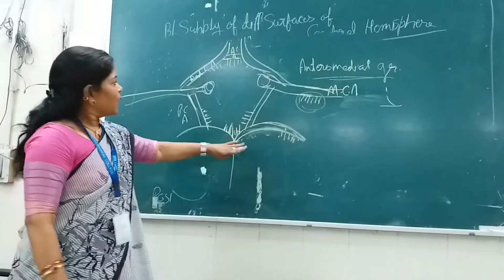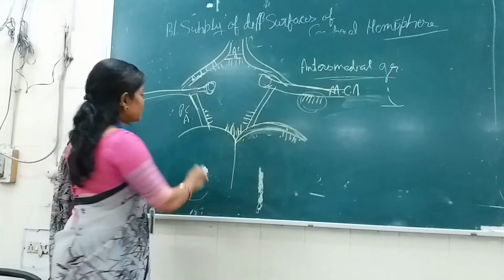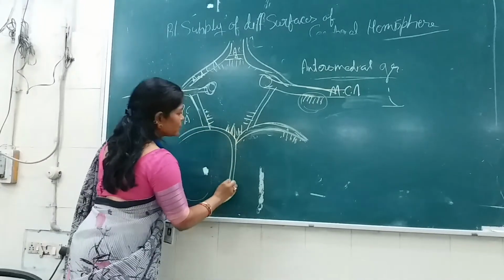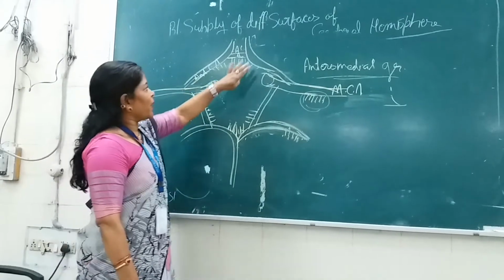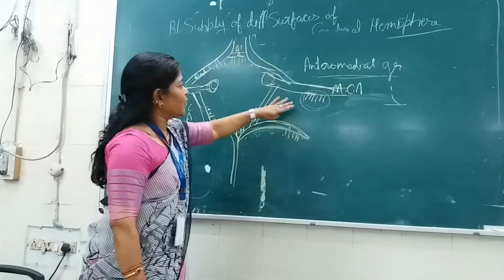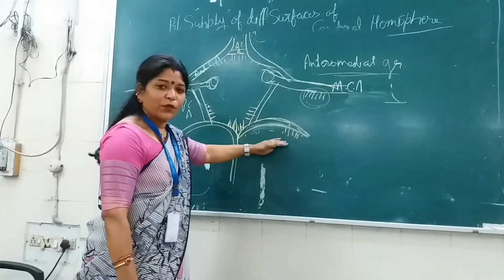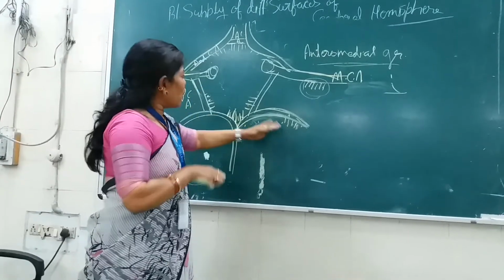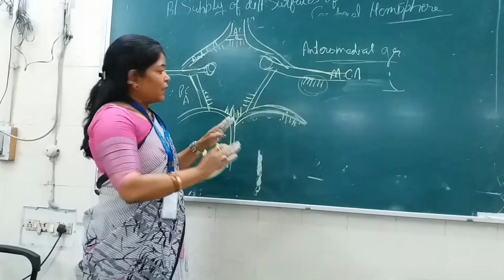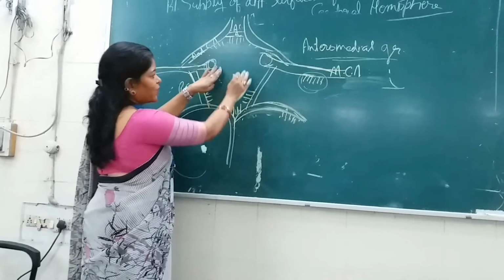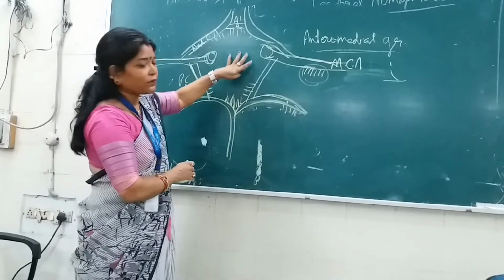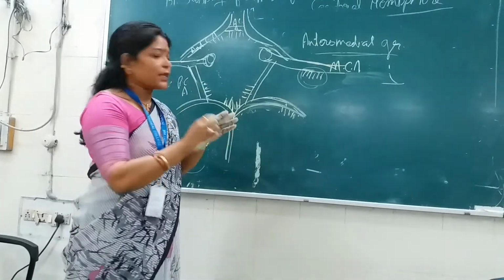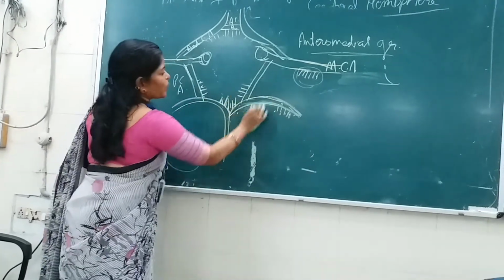Okay. Now one by one, what are the important structures which will be supplied by these anteromedial, the anterolateral, the posteromedial and the posterolateral? Before going into detail, this is the inferior surface, the interpeduncular fossa where the circle of Willis is situated, and just above that are some deeper structures such as the thalamus, which is situated here.